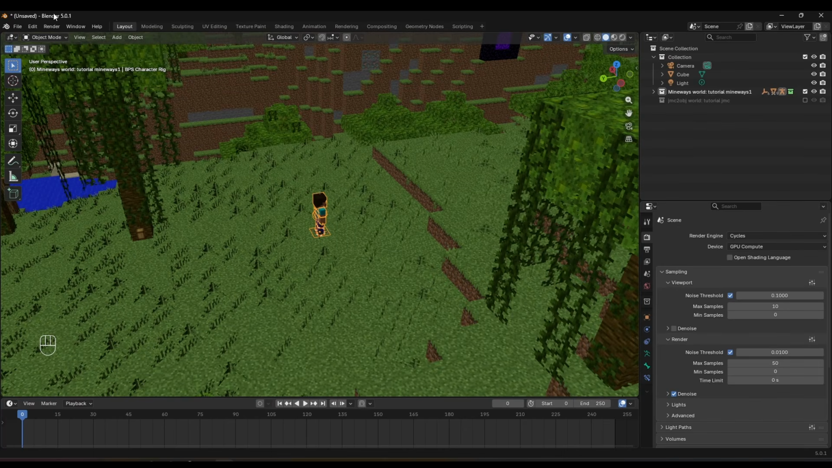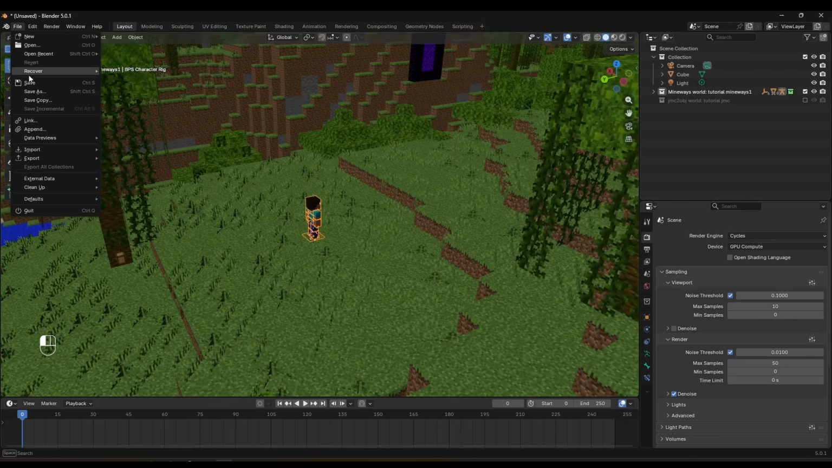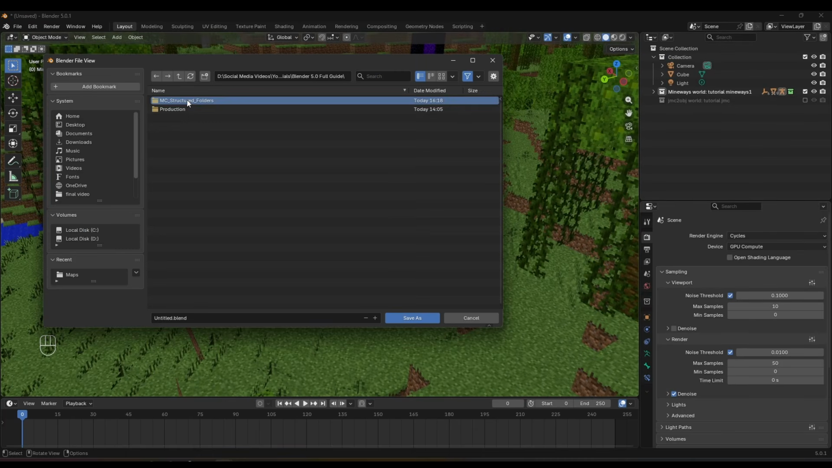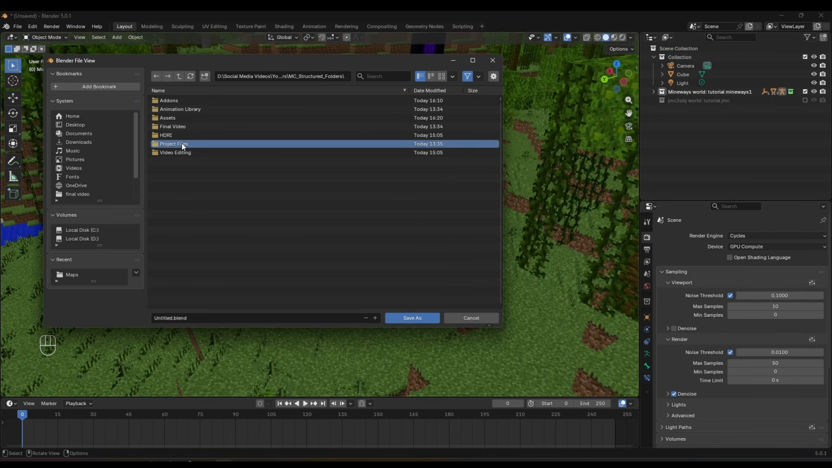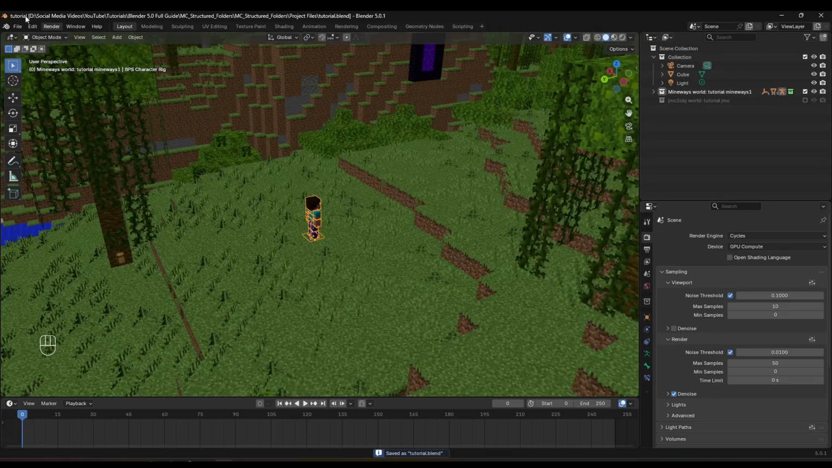Right now, you can see it's unsaved. So if you want to save your scene, click on File, Save As, then go to your MC Structured folders, click on Project Files, and name this whatever you want. I'm going to name this Tutorial. Click on Enter, click on Save As. And now we're going to be able to save the file, and it's going to have the name and the